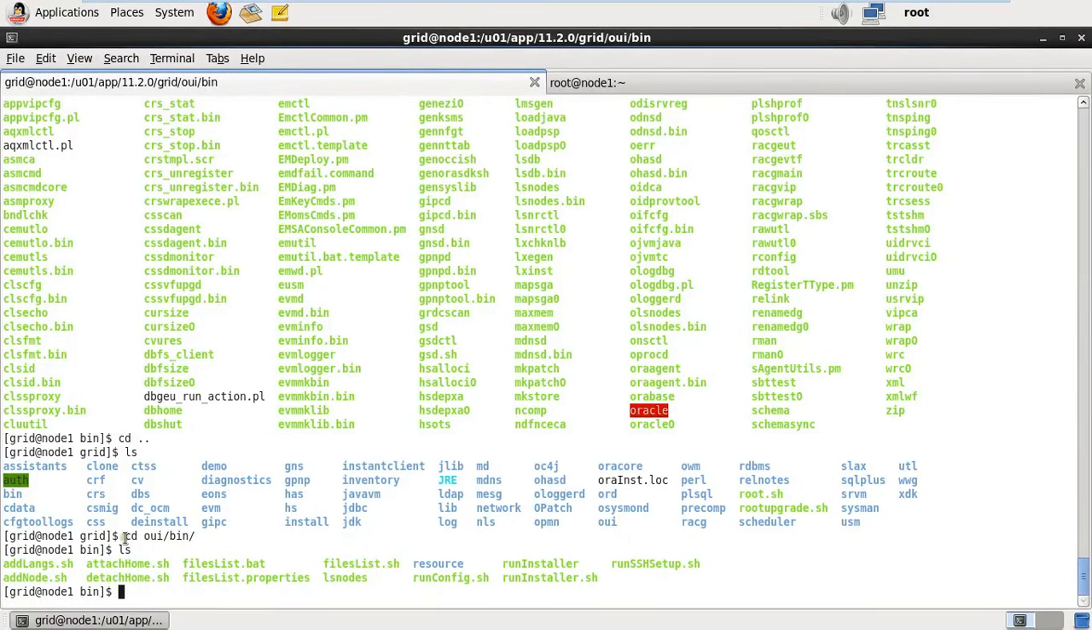Right, so the location just slipped my mind. I'm sorry for that. cd OUI bin inside the grid is what we are required to get in, and we will find an option over here which says addnode.sh, and we are going to run that command. So addnode.sh. I'm running in silent mode. Cluster new nodes equals node 3 is the node which is going to join,